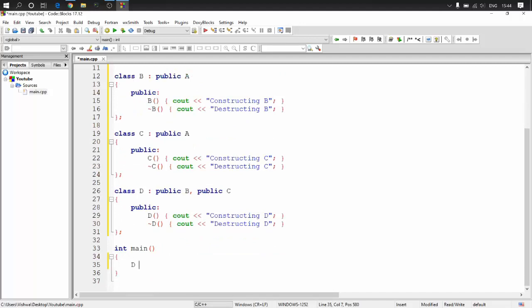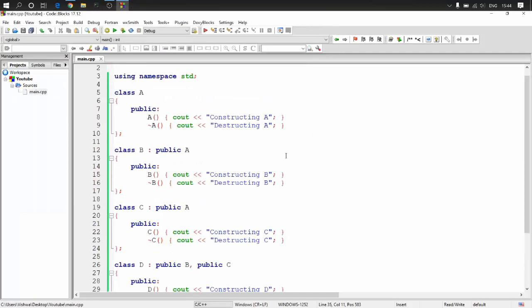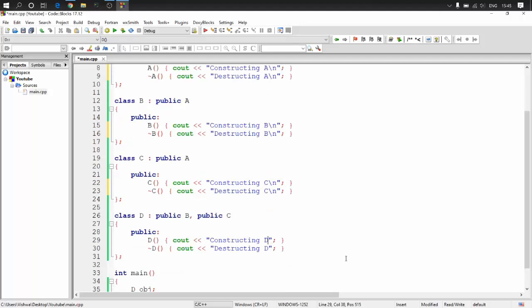So D, say obj, and now if you compile this, what do you have? I again forgot to put those new lines, I keep forgetting that. So \n over here and over here.